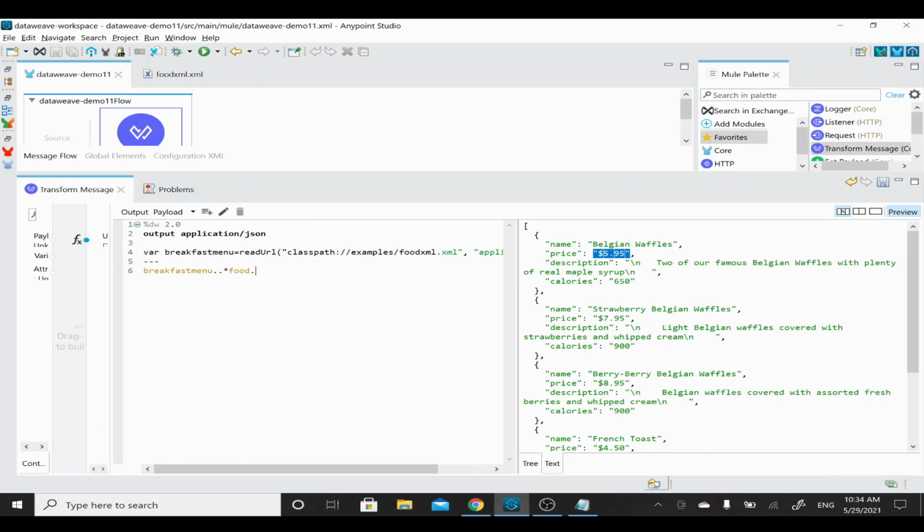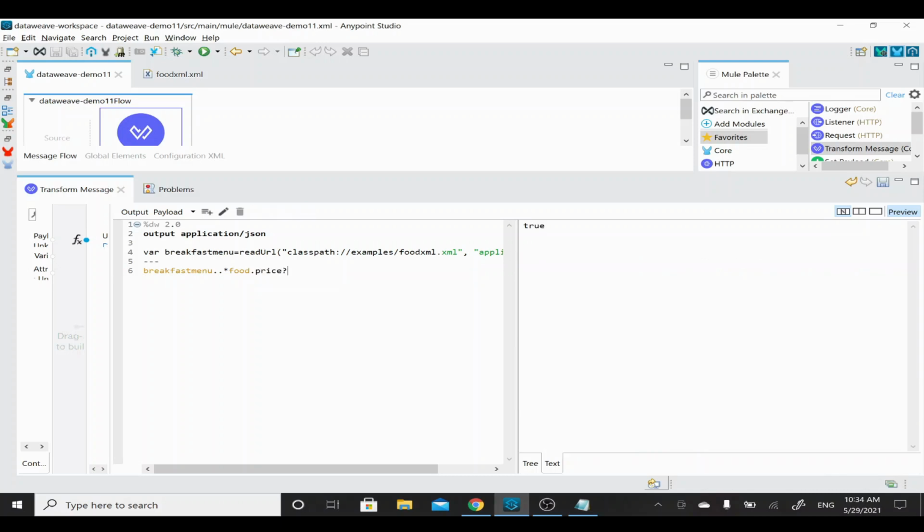So for example, I wanted to check whether the price field exists or not, right? Then you can put that key name and put a question mark, so then it will say whether that key exists or not. For example, this is true, right? But I do not have any field called price one. So if I put price one, which is the field name, I'm giving a key name, it will give false, because in our output there is no price one. Okay, so this way you can check it, and I'll just remove this one. Okay, so I'll just comment this one, so that if you wanted to refer to what we have done, we can check that as well.